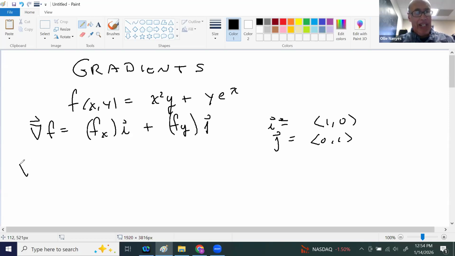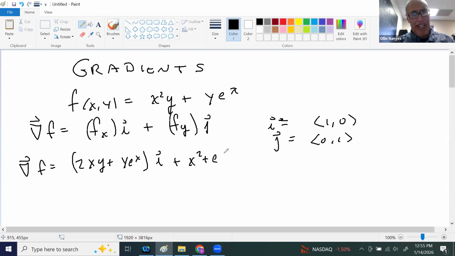In this case, the gradient can be computed simply. The partial with respect to x is 2xy plus y e to the x, i, plus the partial with respect to y, which is x squared plus e to the x,